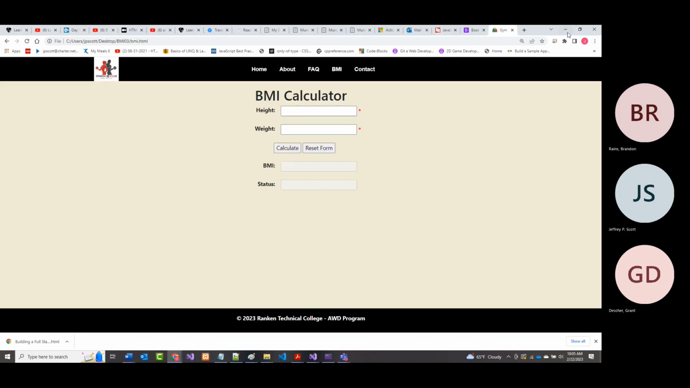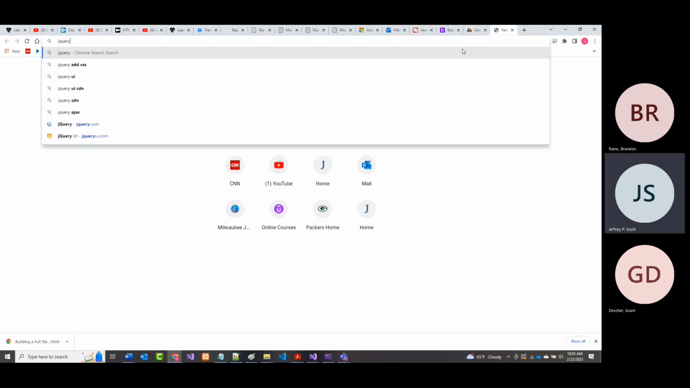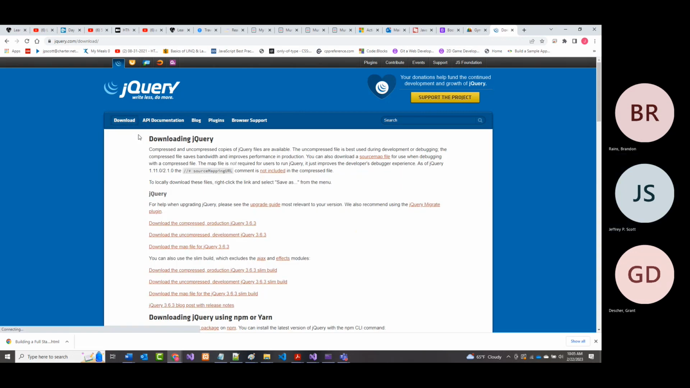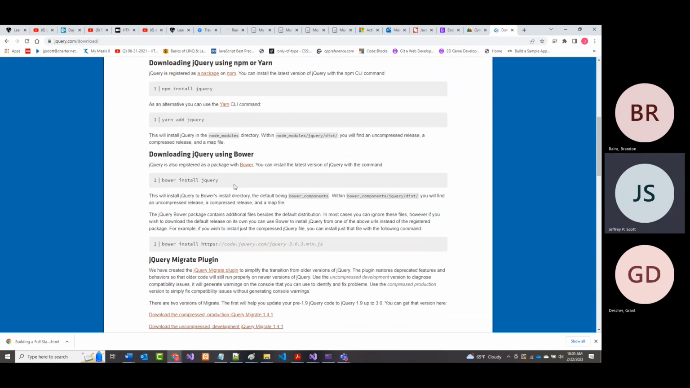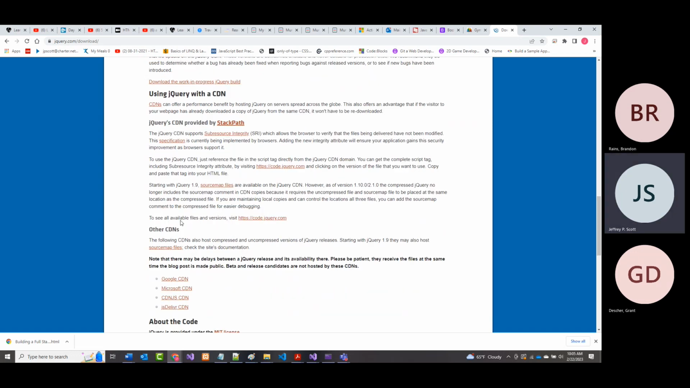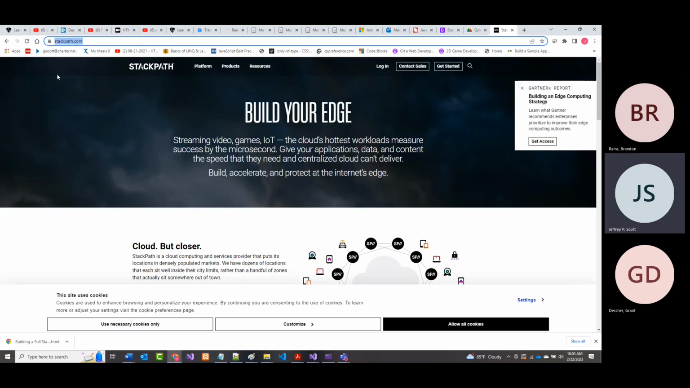All right. So I'm going to go out to jQuery.com. All right. And I'm going to go to download, and I'm going to go to the CDN right there. jQuery CDN provided by StackPath. Well, where is it? See all the files and versions. I don't know what that is, but you already know this. I can go to